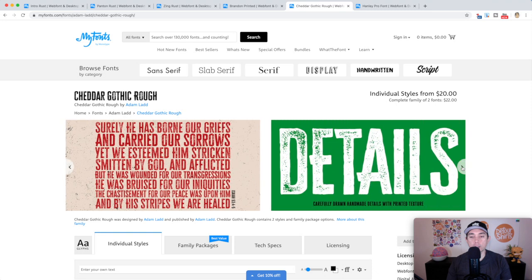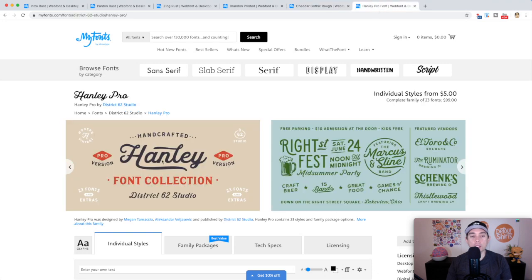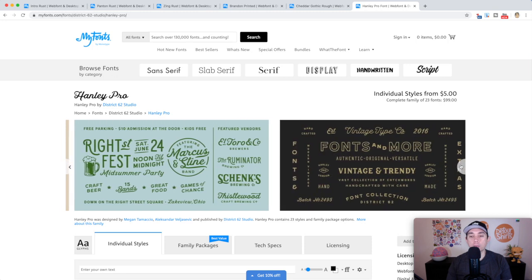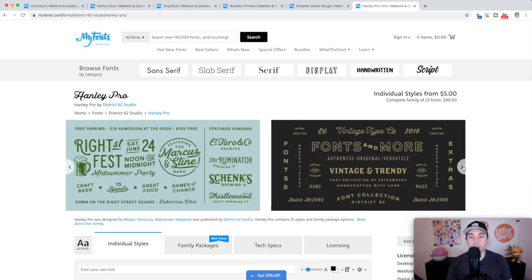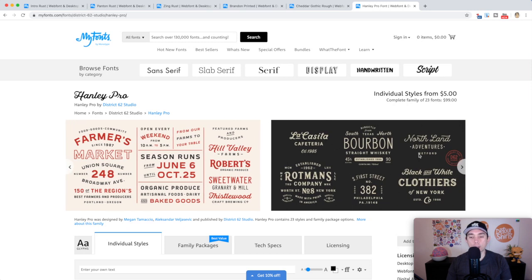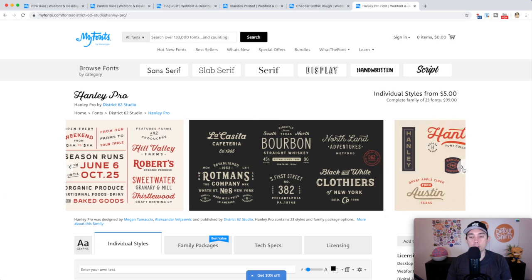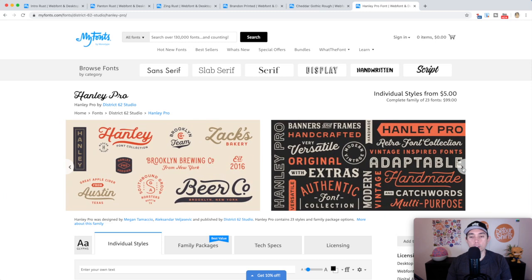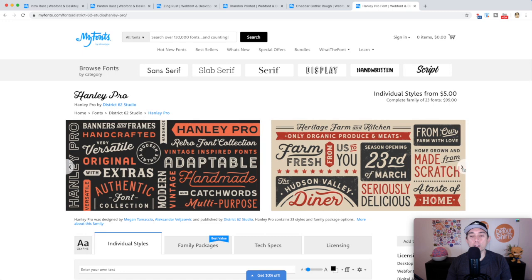Just a nice font. And lastly, this one doesn't have that rough one, but it has that script. So you can see lots of different ways on here that you can use, but still looking very vintage, right? Just has that vintage feel. So look at that. You put all the text together. Just a nice font. So these are all the fonts that I would suggest using for that vintage outdoor look,